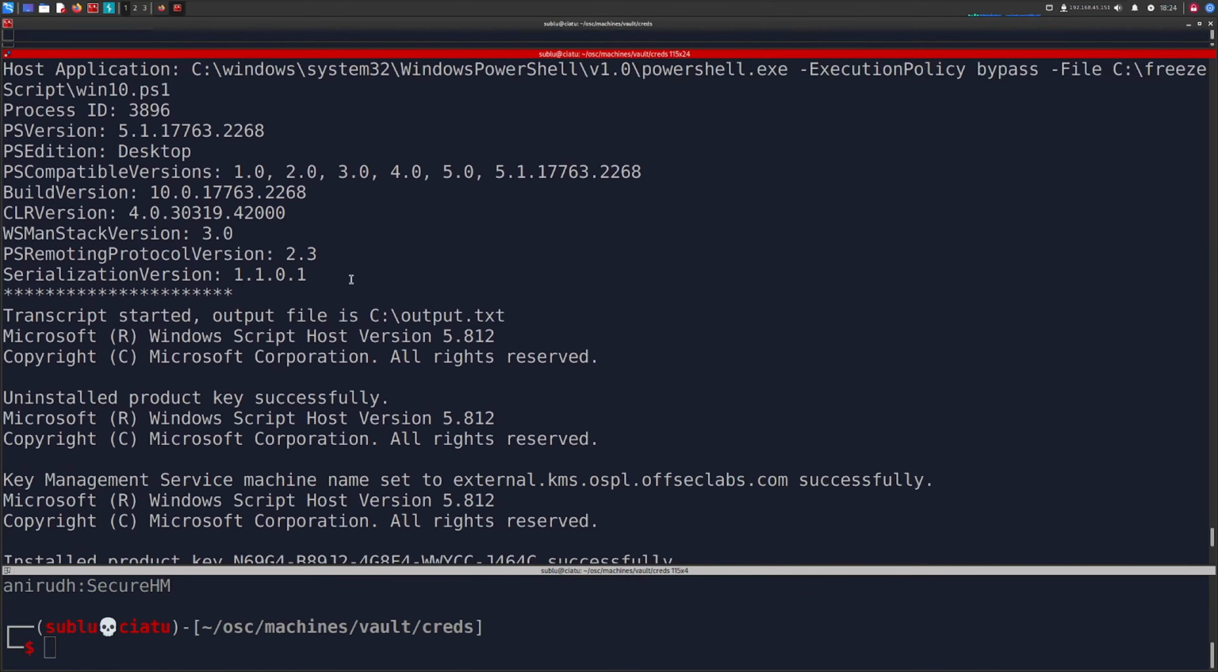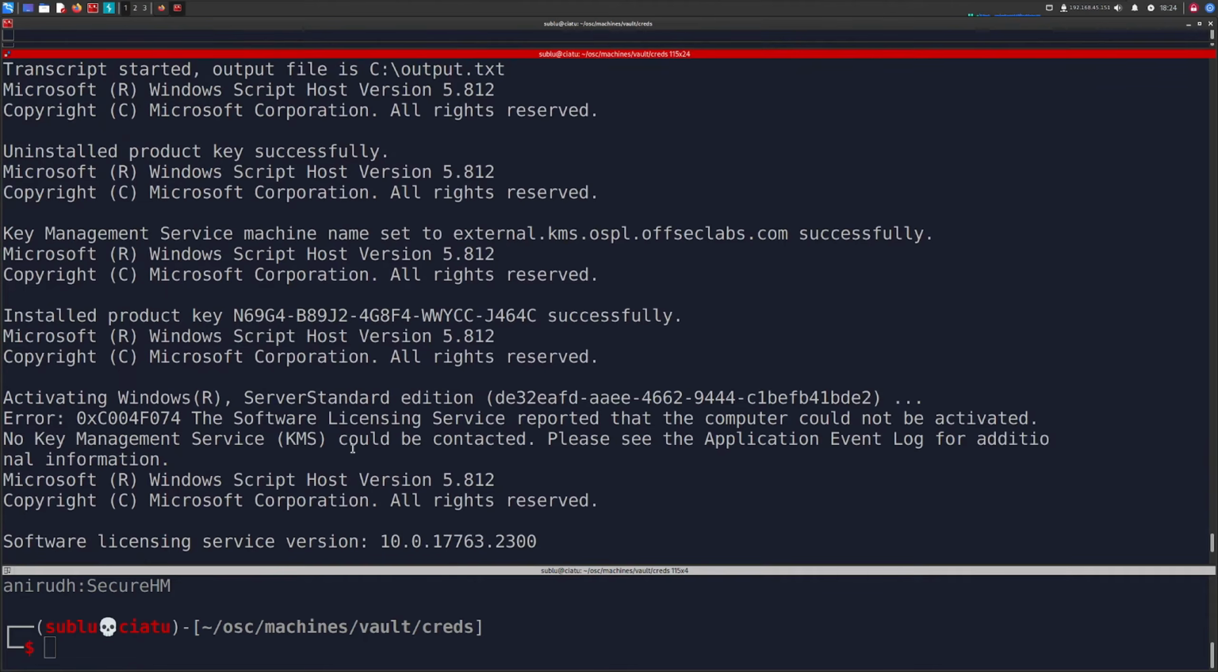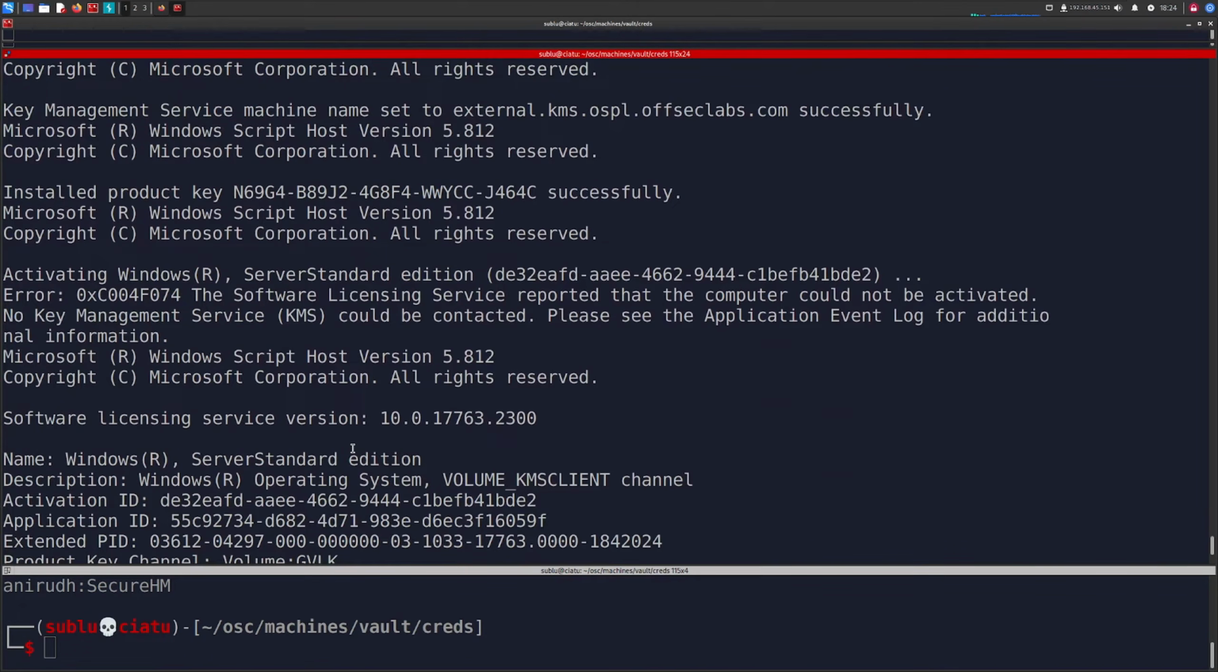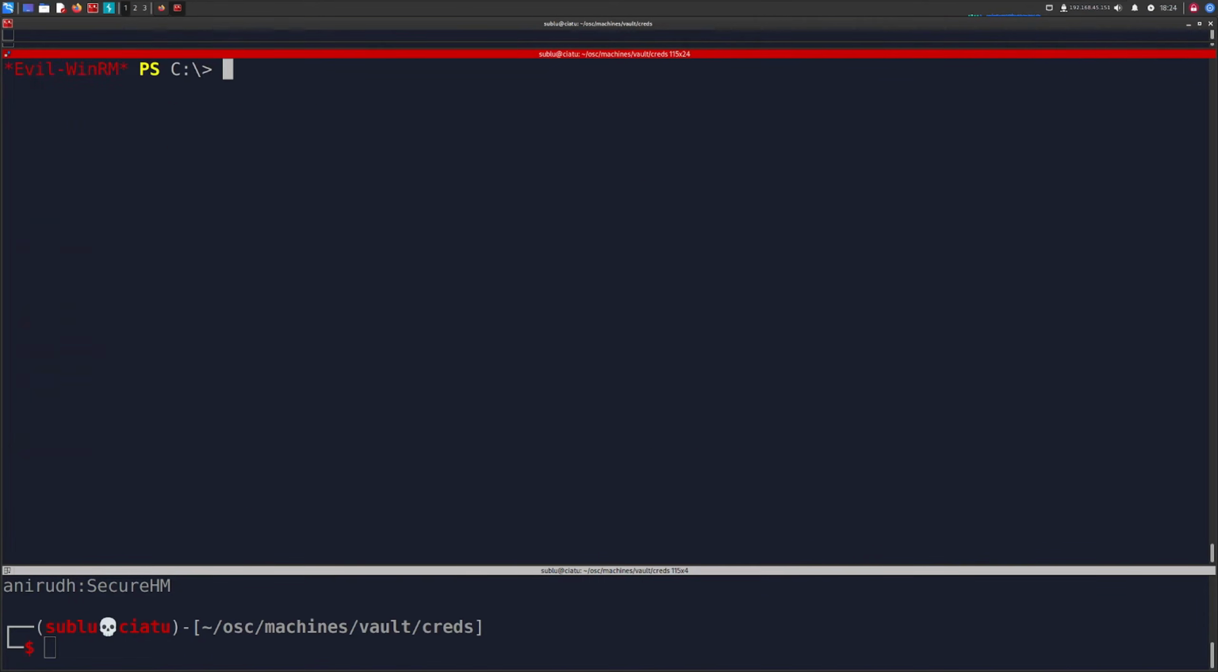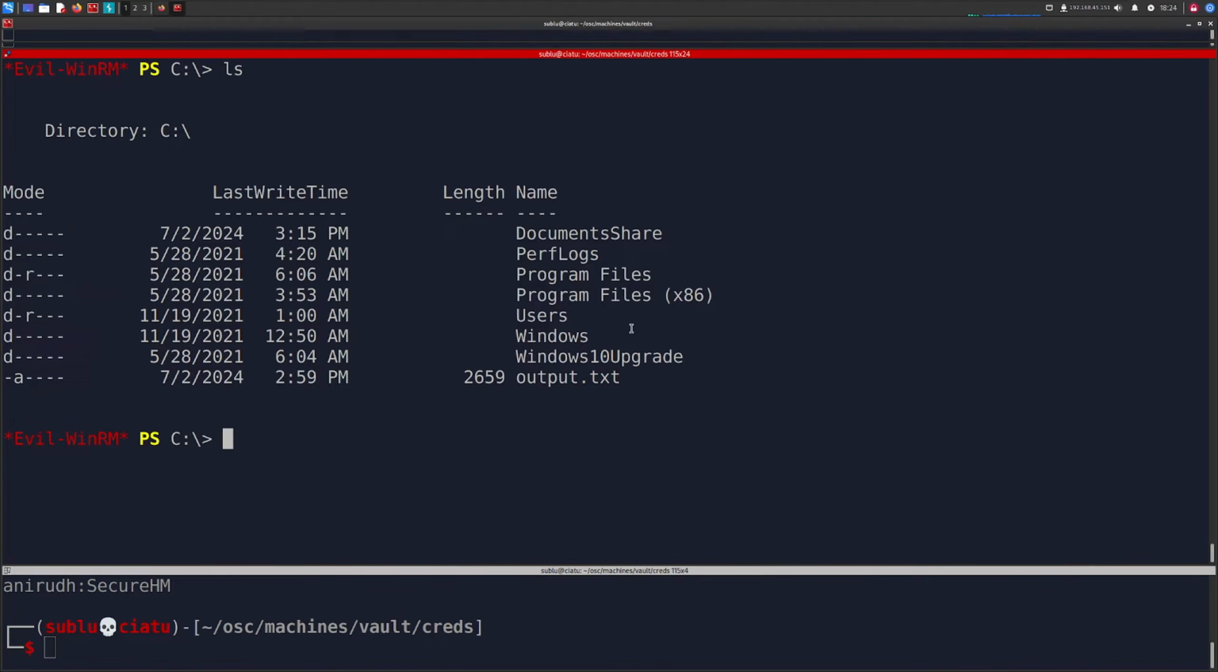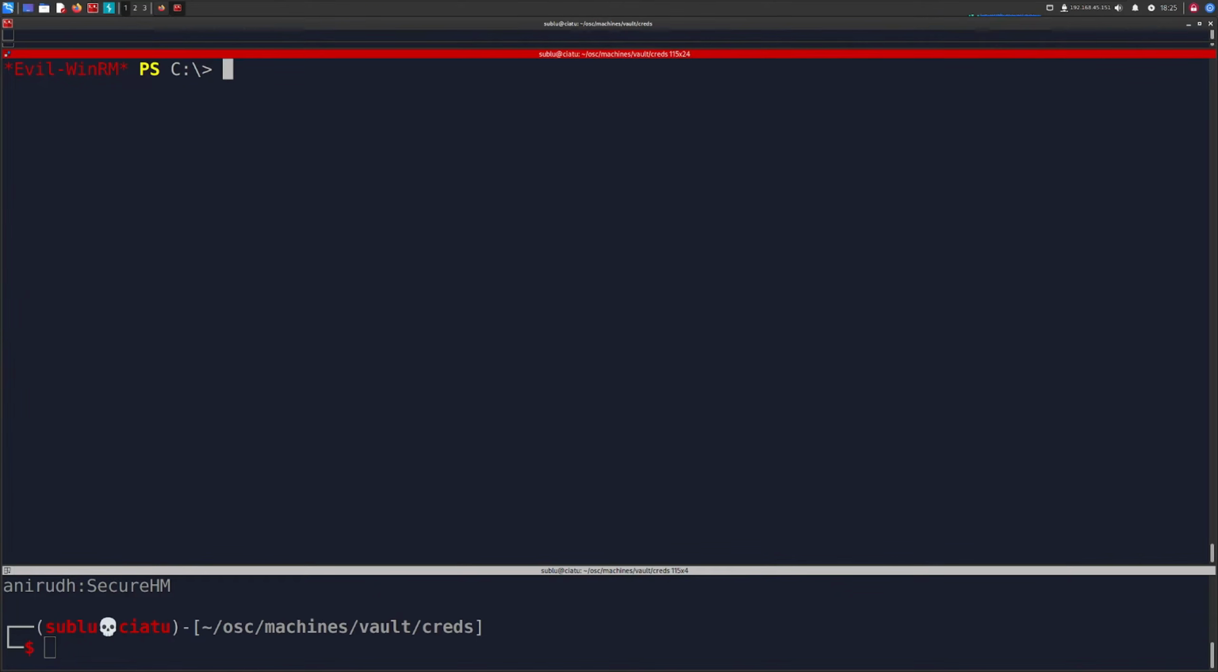So that might be interesting to view. Freeze script Win 10 PS1. Well, this looks like just an upgrade from Windows 10 probably. So yeah, that doesn't really help us out that much. Let's see what else. What else can we look at? Okay, let's go ahead and do